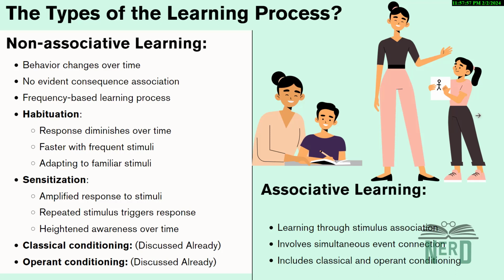And next is operant conditioning, that we have talked about with Skinner, right? So this is about learning from the consequences of your actions. It's like when you get a reward for doing something good or punishment for something bad, and that influences how you behave in the future, right? A simple example is training a pet. If your dog sits when you say sit and you give it a treat, the dog learns that sitting on command gets yummy rewards, and that's operant conditioning, learning based on rewards or